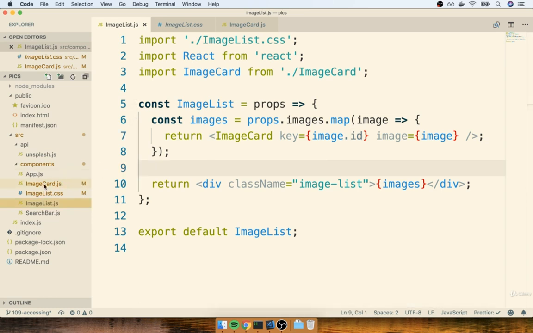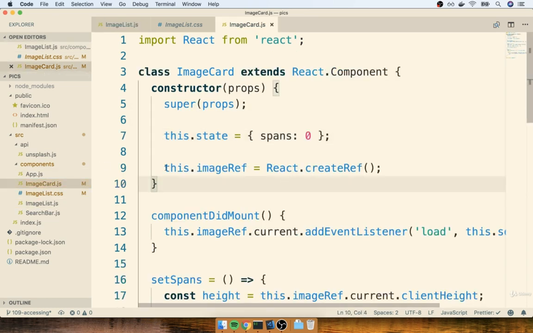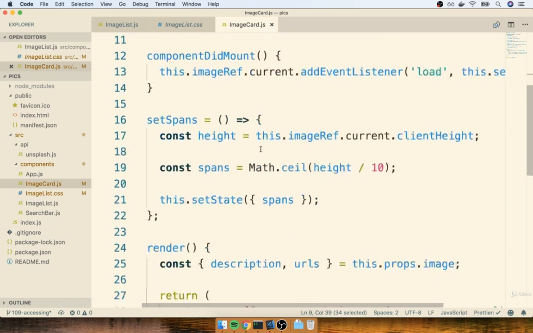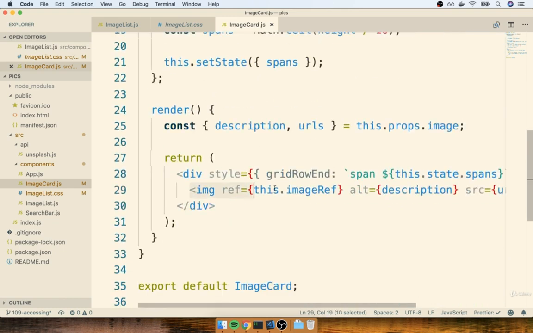Then the last thing we spoke about was inside the image card. We got a pretty good introduction to the ref system. Remember, anytime that we want to reach into the DOM and interact with some individual element, we're going to create a ref inside the constructor, and then we will wire it up to an individual element by passing it as a ref property. Then later on, we can access that ref and get a handle on the actual DOM node. As a quick reminder, can't say it enough, remember these are JSX tags right here. This is not HTML. So we can't just somehow maintain a reference to this JSX element. We have to make use of the ref system if we ever want to interact with an actual DOM element.